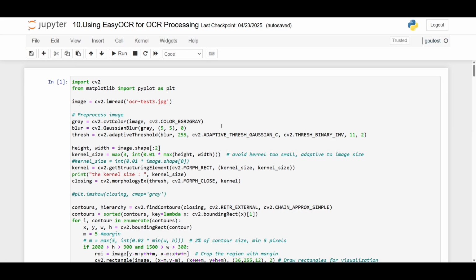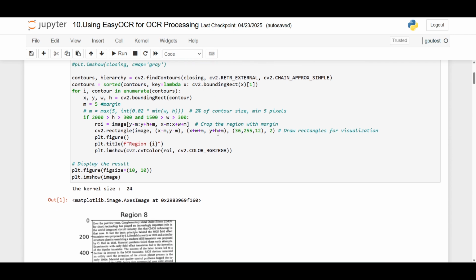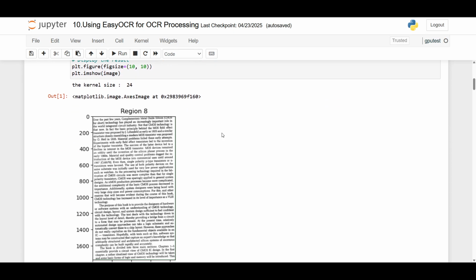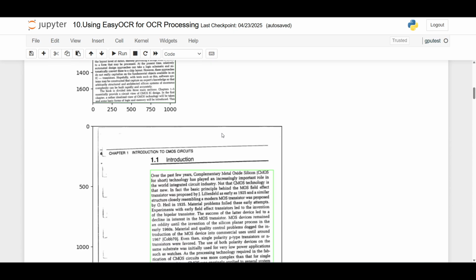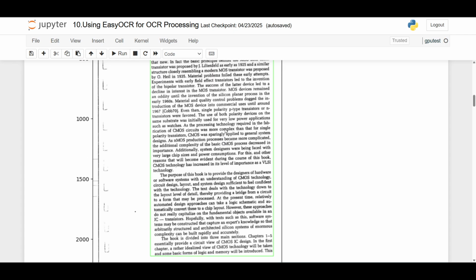Okay, so continuing from the previous video, here is the last code that we have. And in the last video, we already filtered the ROI or the bounding box so that we can get the paragraph. And this is the code, and this is the result. Okay, so the next thing that we need to do is to take this piece of image and do OCR